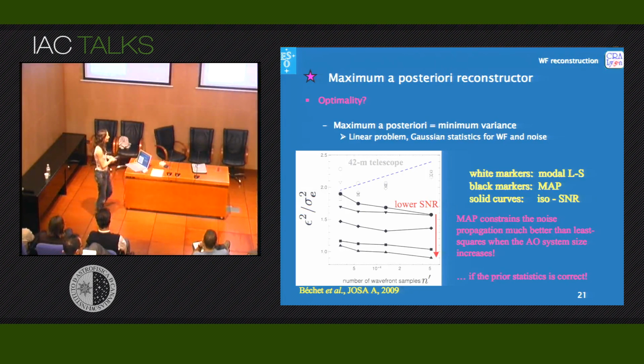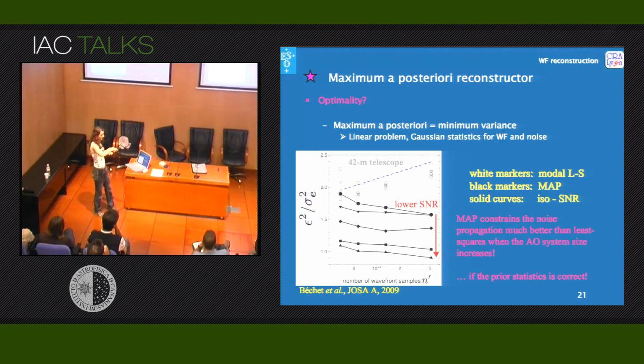But when you have a system which has more and more degrees of freedom, which will be the case with the 42-meter telescope, with the MCAO system, each time you want more precision, extreme AO system, you will increase the number of data you will get. And since you have more data, you also have a larger difference between what would give you the Gaussian least square performance, a larger error, and what gives you the